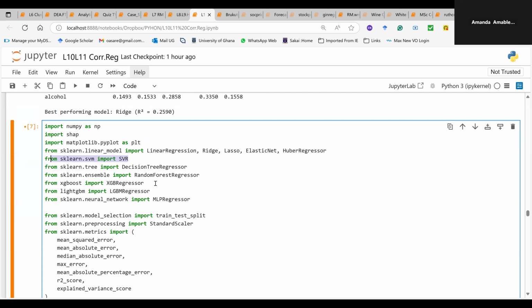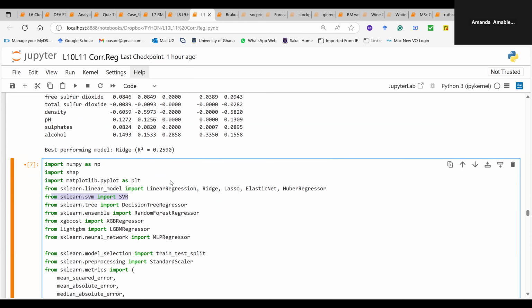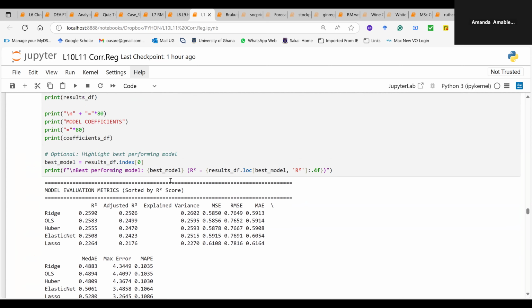Yes, Amanda. Doc, please, I'm trying to follow with the code you sent in the group, but it's a bit different from what you're showing. Which one is a bit different? You mean my results or the code? No, the codes you gave us in the group, it runs all the way to the visualizations.